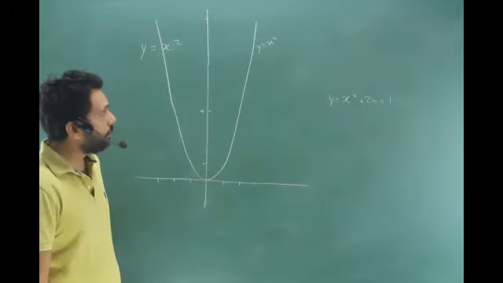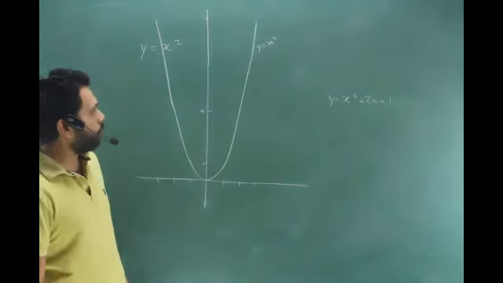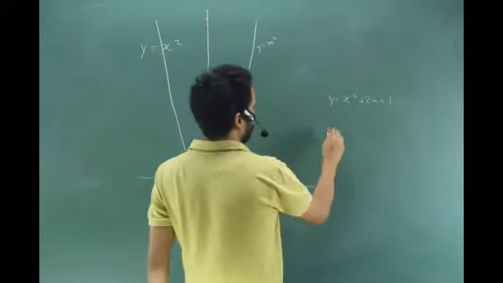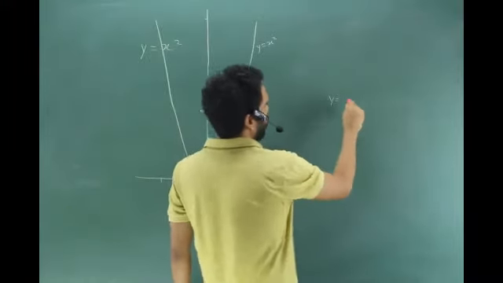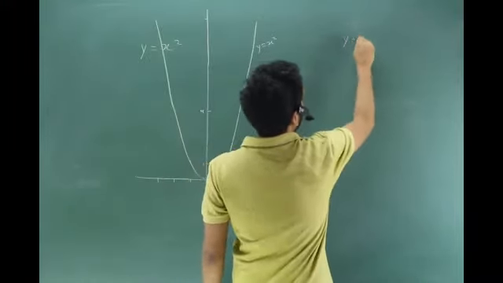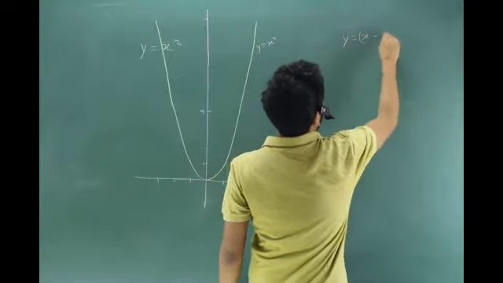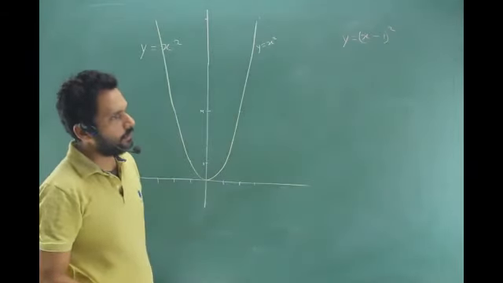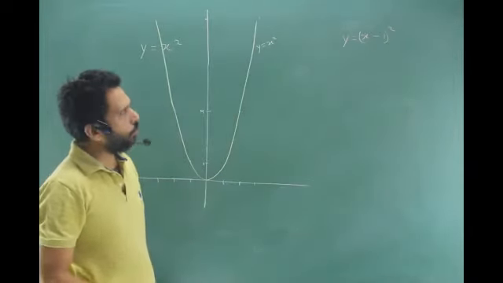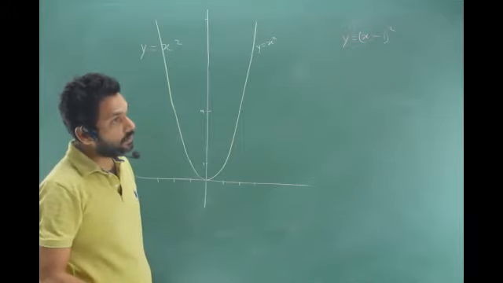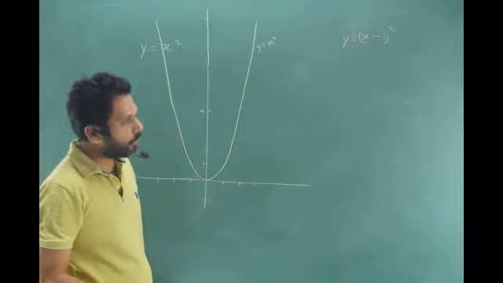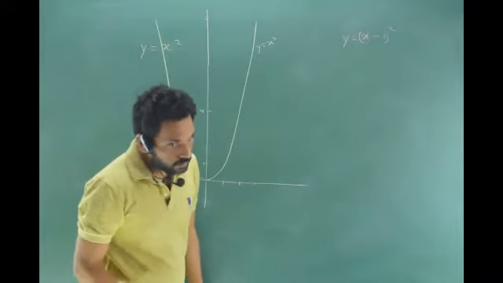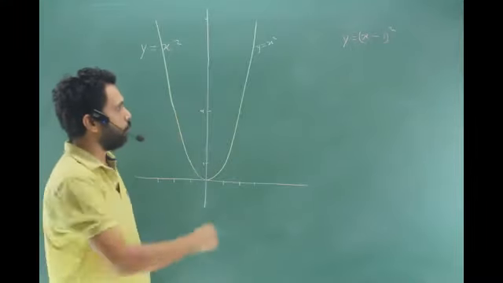Got the point? Now, suppose I ask you, what would be, say, the pink graph, y is equal to x minus 1 the whole square. What will you say? Will you plot again? No. You will use the concept of shifting. So he said that the graph will shift one to the right. Yeah, it will shift 1 to the right.